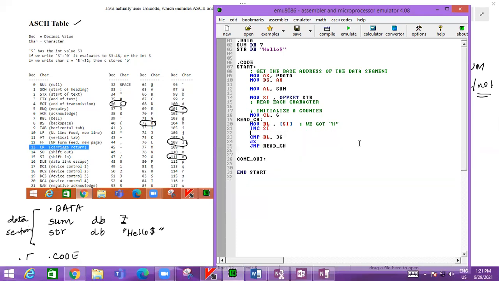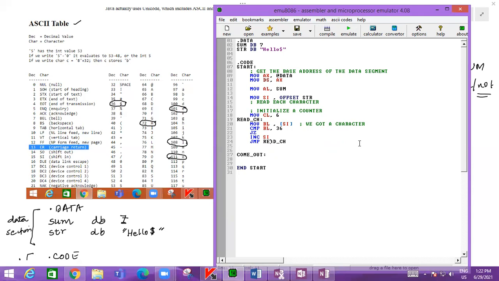Okay. So as soon as we move and get one character, you have to compare if that character is equal to a dollar sign. If it is equal to a dollar sign, come out. Else, what we have to do? We have to increment the source index register.